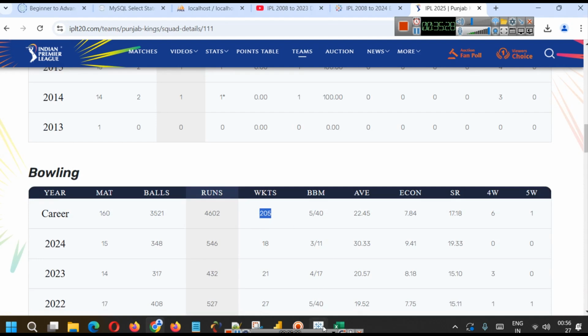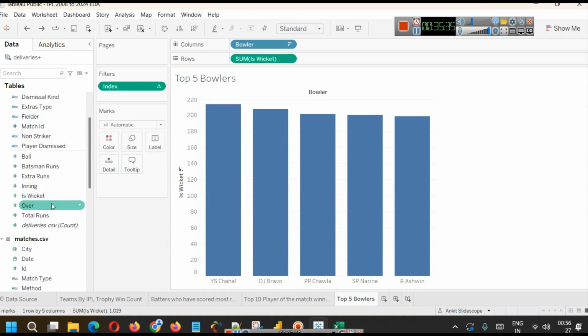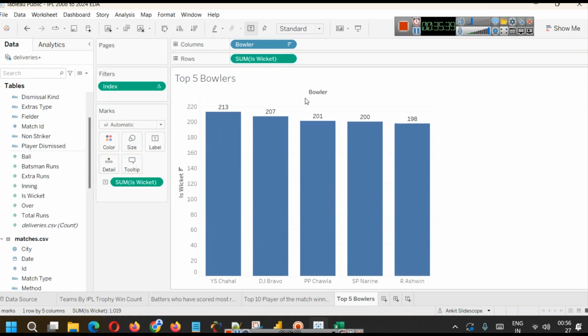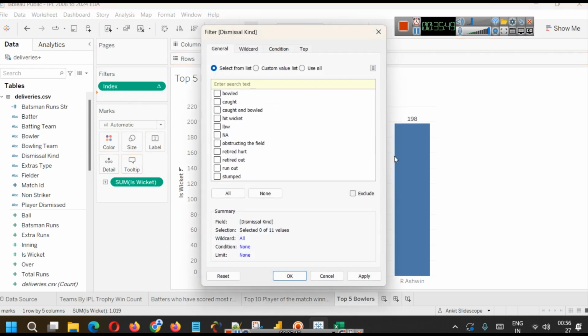In our case, it is showing 213. Let's bring that sum of his wicket to level also so that you can see. Why is this happening? Because the dismissal kind should be something that is awarded to a bowler. For example, if the batsman is obstructing the field,